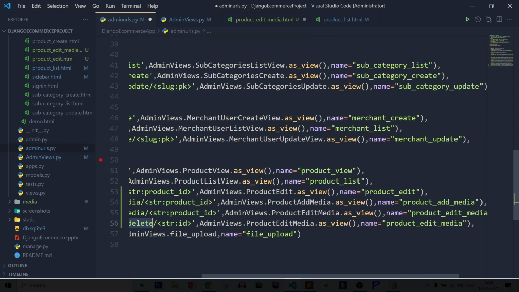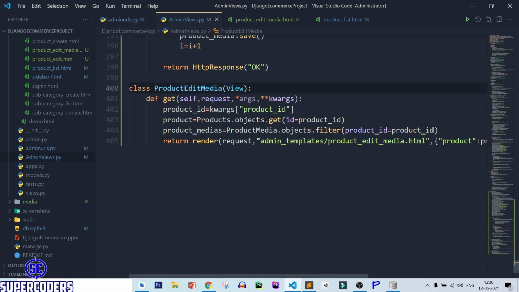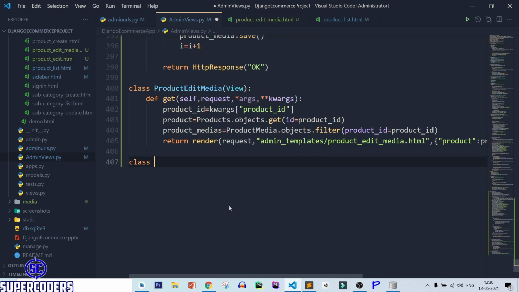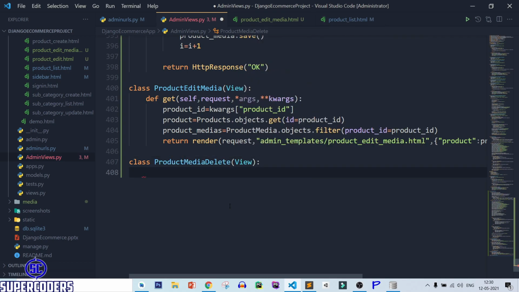Let's copy the class name, after that edit media, and here class product edit media view, and after that define get self request, then args, then kwargs.